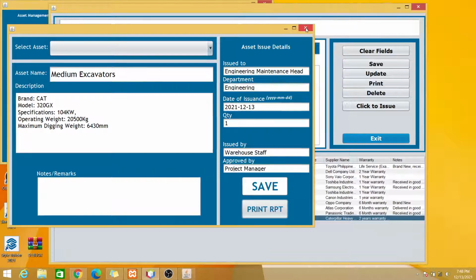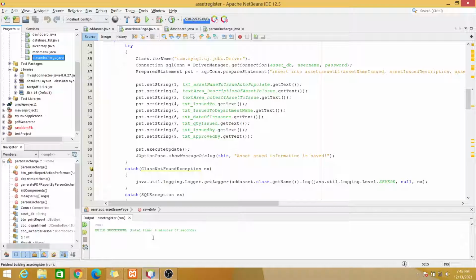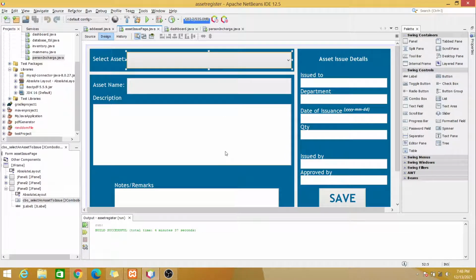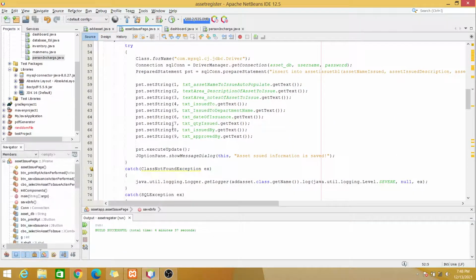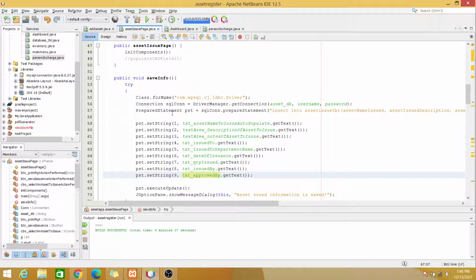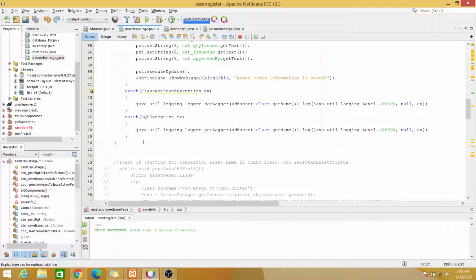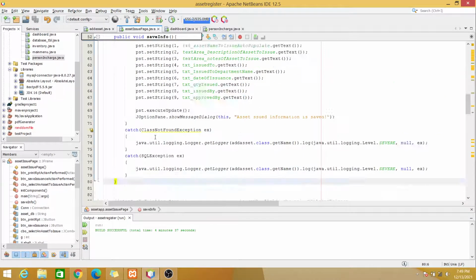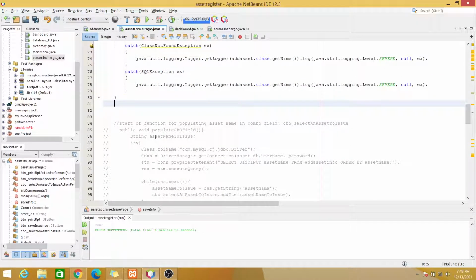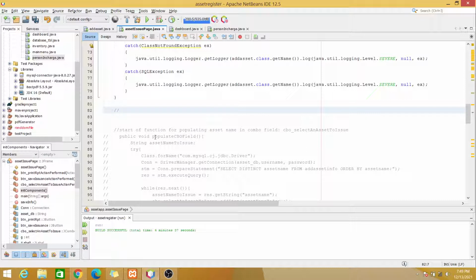So let's close this for now and then go back to our coding area. Here in the asset issue page, I'll go to source code, and then I'll go down right below our save info. So here we'll try to create another method. So I'm gonna put a comment here so that we can identify it. So this is a method